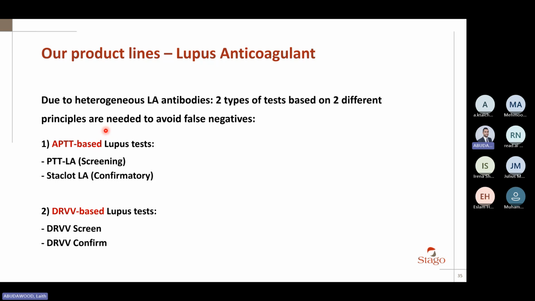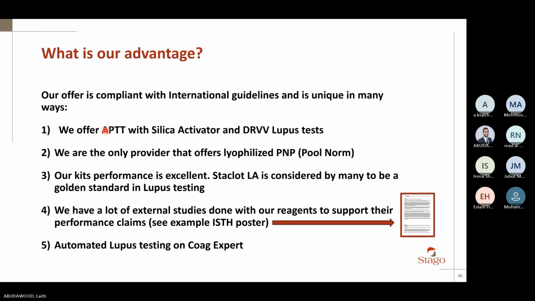You have them in the catalog for the reference numbers. And now you know the rest of the information. Now, what are our advantages? What is unique for us? What's our unique selling point for these products? First of all, our offer,